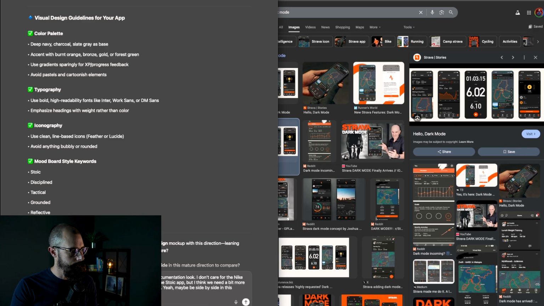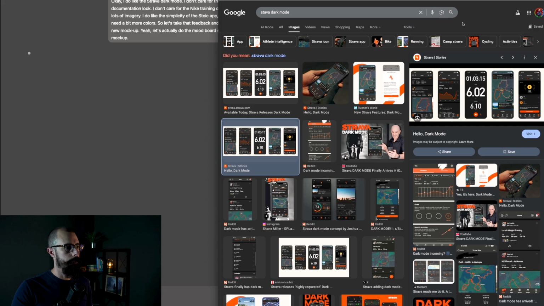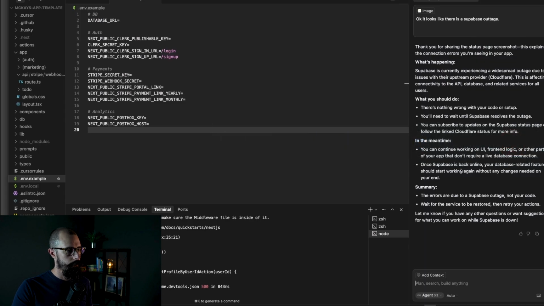Would you like me to generate a mood board style visual design? Yeah, actually, let's do that. Let's actually do the mood board style design mockup. Okay, so we have that going. What I'm actually going to do is, let's see. There's nothing wrong with code. Okay, it seems we can move forward